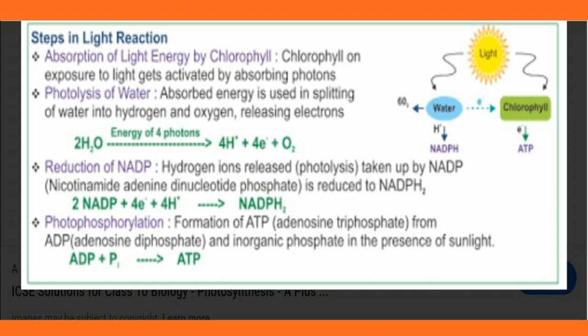Here you can see the NADPH and ATP. In the presence of sunlight, we can prepare the starch with the light reaction. With the presence of sunlight and chlorophyll, the light reaction takes place. In this reaction, photosynthetic pigments absorb light energy and convert it into chemical energy as ATP and NADPH2. These products of the light reaction move out from the thylakoid to the stroma of the chloroplast.